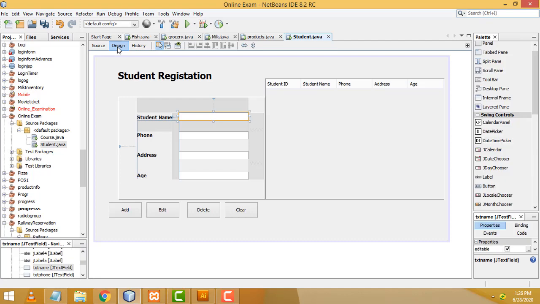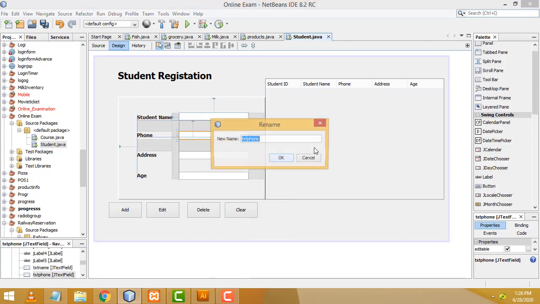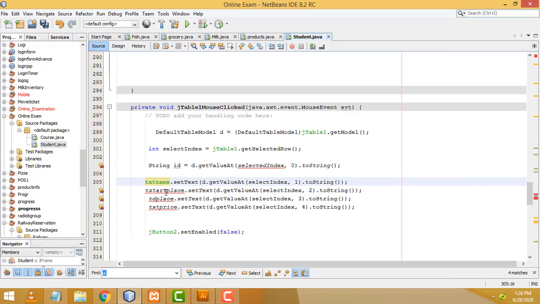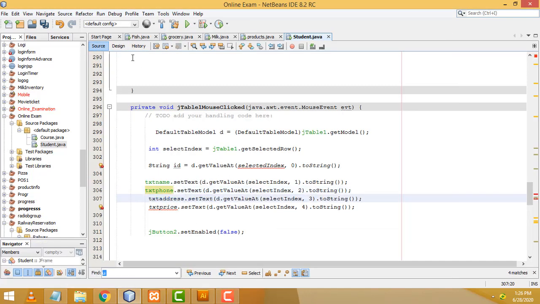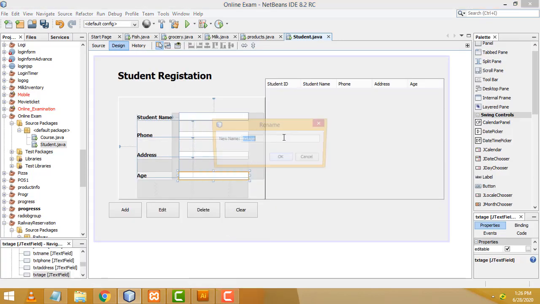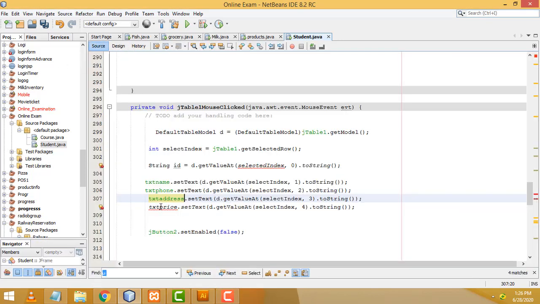Second one should be the phone, Control C, Control V here. Third one should be the address, Control C, Control V here. Next one should be the age, Control C, Control V here. So this is selected index, age. This is a very simple thing we have to do.